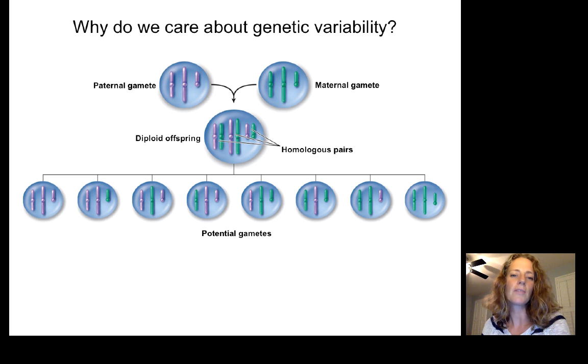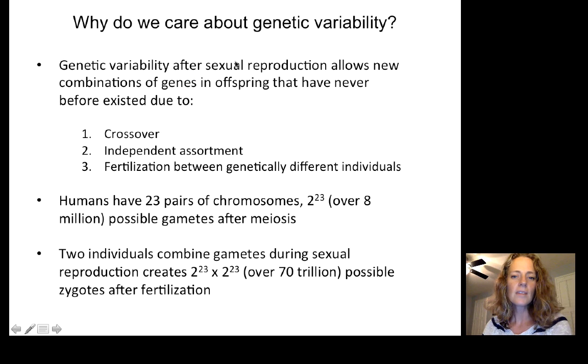So why do we care about genetic variability? We care about genetic variability because this introduces the potential for so many different kinds of gametes. Genetic variability after sexual reproduction allows new combinations of genes and offspring that have never before existed. This is because of crossover and independent assortment during meiosis, but also fertilization between two genetically different individuals creates even more